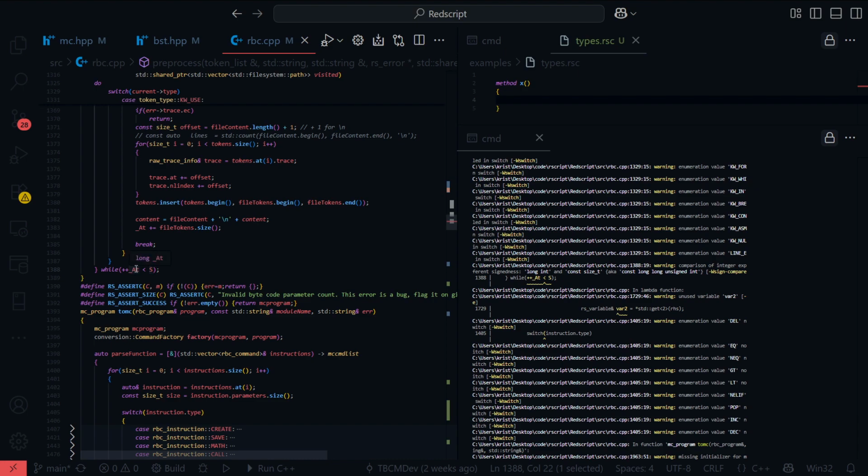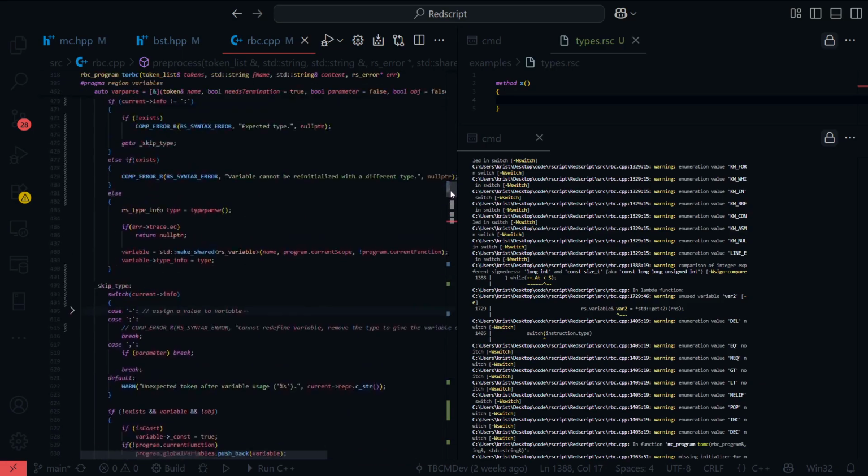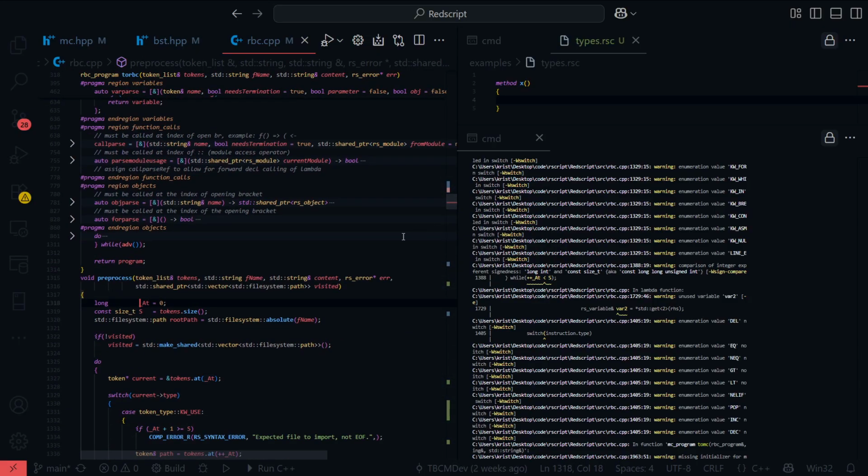Long int and const size_t. This should be a long. No?